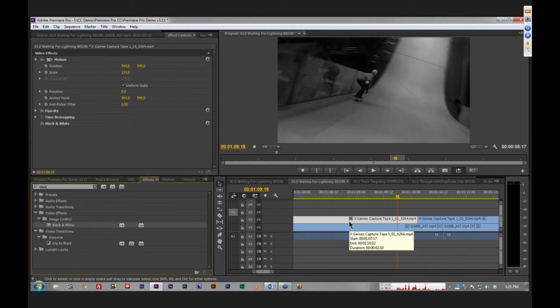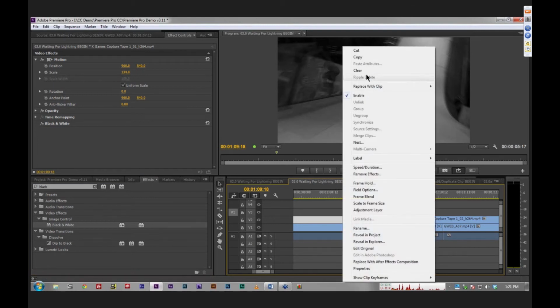So gray means nothing. Yellow means something has changed in the intrinsic effects. Purple means that we've just added an effect in here. Green means we've changed both. So I've got black and white, and I've got scale inside here. If I copy this now,